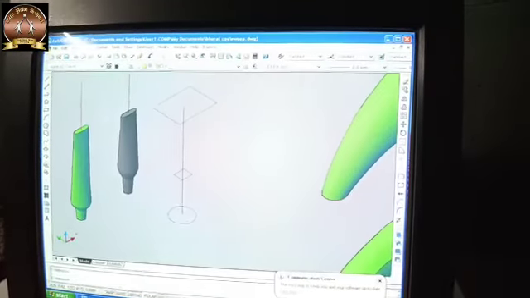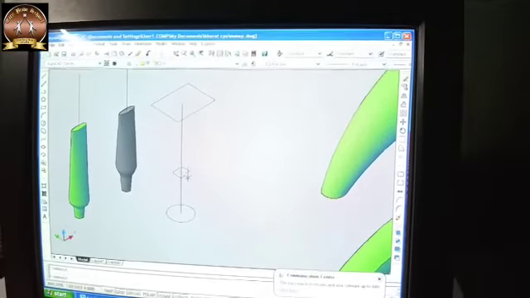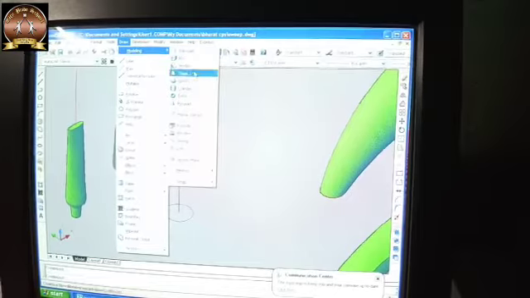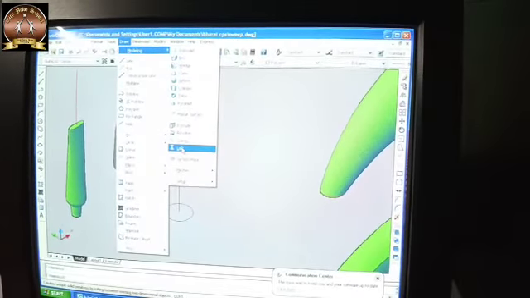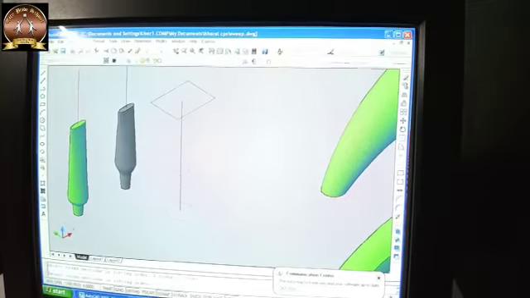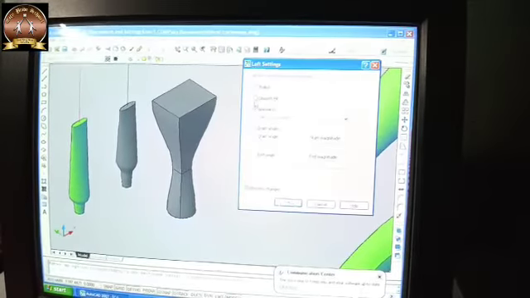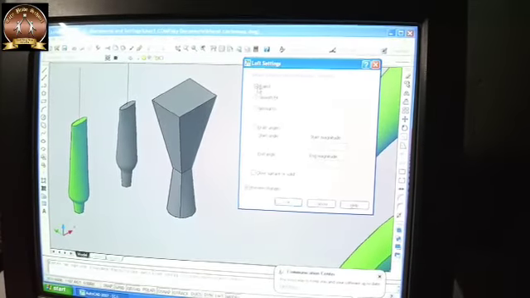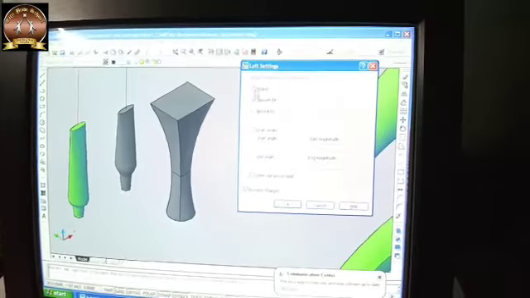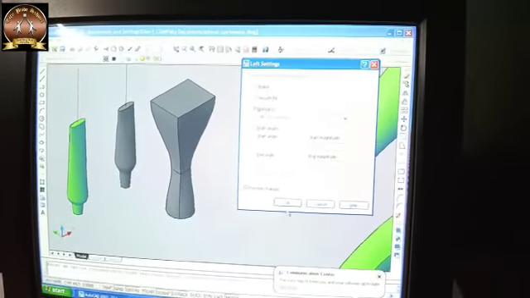Next, instead of taking ellipse and circle, if you take a rectangle and circle, you will get a different shape. See, loft, click, and enter, double enter. So see the result, see the finishing. There are three types of finishing you can get. You have to decide which finishing you want to keep, and according to that select OK.